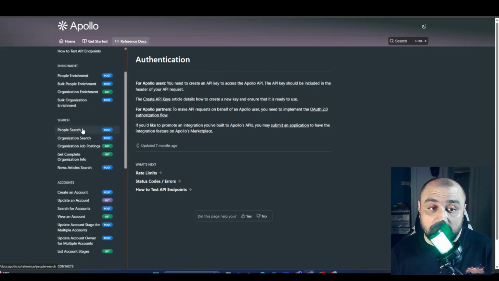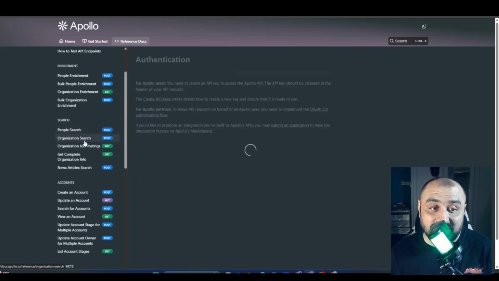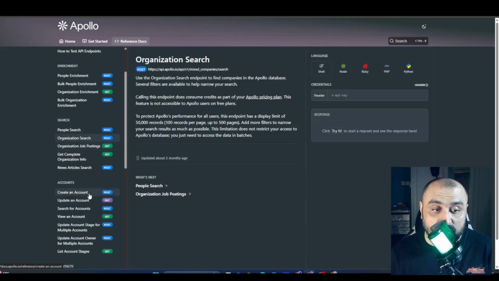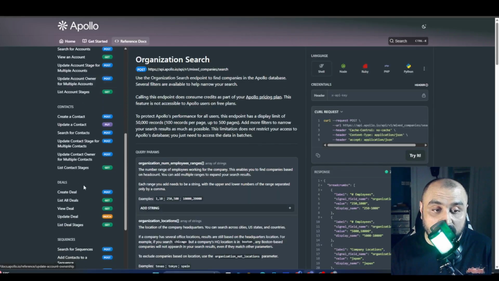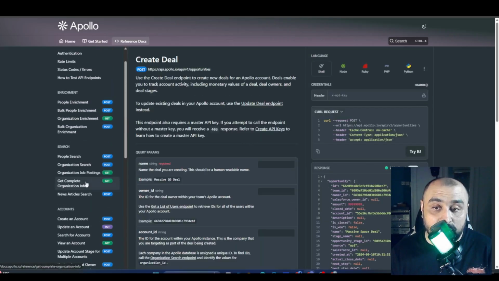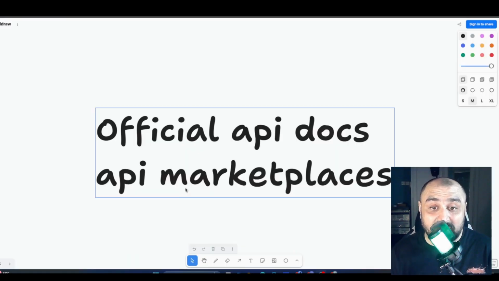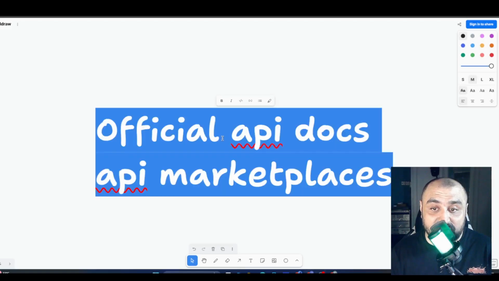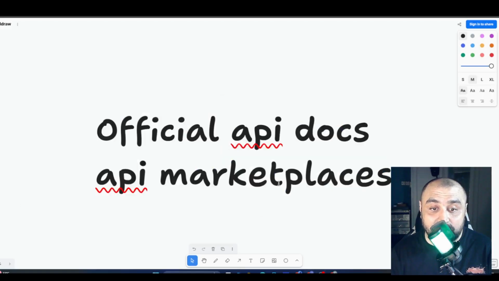You can search for people, you can search for organizations, you can create an account, you can create a deal, and basically everything that the tool allows you to do, you can accomplish by using the APIs. So there's basically two ways you can access API information. One is through the official API docs, and the other is through API marketplaces, such as